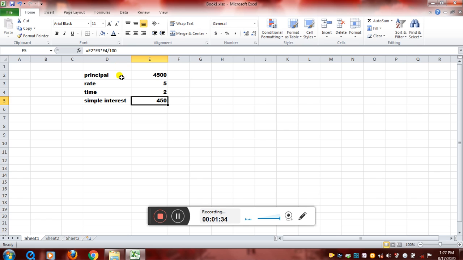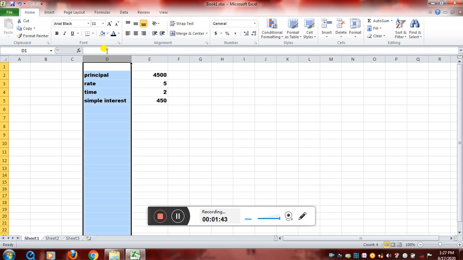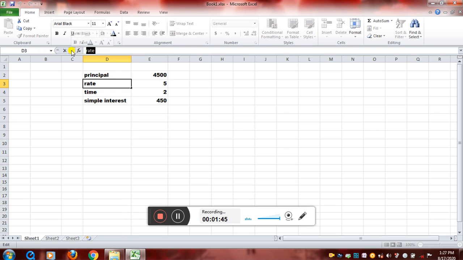I want to tell you one thing. Note here, when I'm selecting a cell, the same thing is getting displayed in the formula bar. I'm selecting rate, and in the formula bar as well I get the same content. I'm selecting the E2 cell, so I'm getting the same content. But for the cell which contains the formula, the result is here, that is 450, but in the formula bar the formula itself is displayed. So remember, in the cell you will get the result, but against that result the formula bar will show the formula of that cell.